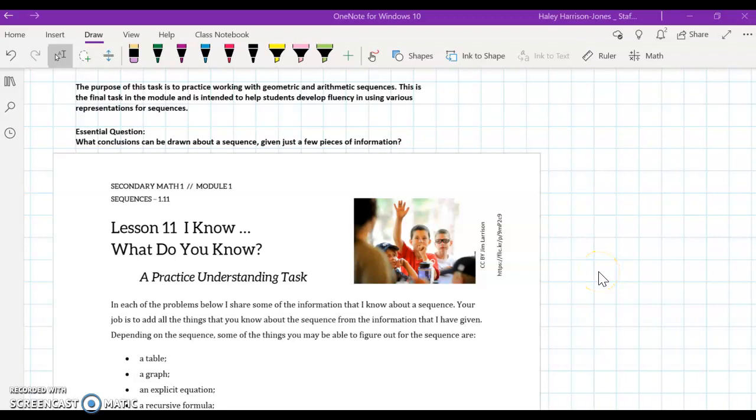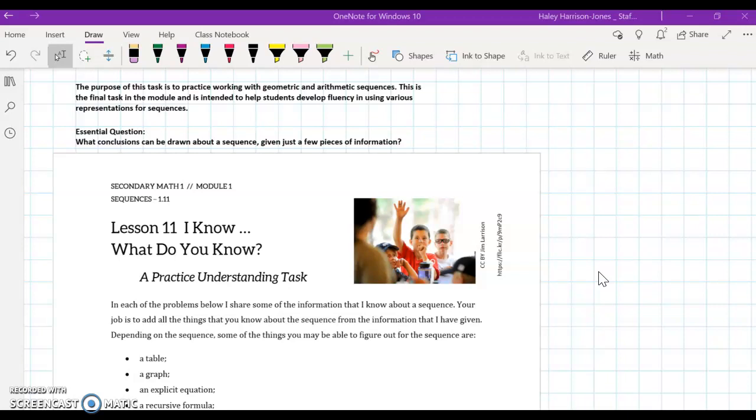To task 11. I know. What do you know? This is a practice understanding task. The purpose of this task is to practice working with geometric and arithmetic sequences. This is the final task in the module and is intended to help you develop fluency in using various representations